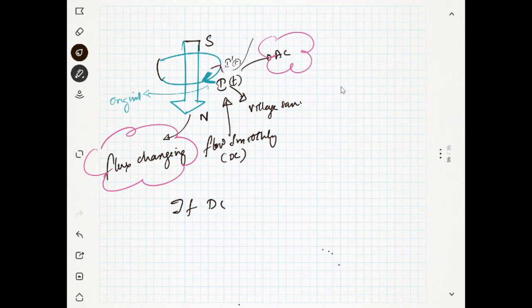So the net current will be i(t) minus i dash(t), right? So the actual current always has somebody to oppose it, and this is known as Lenz's law. You have studied this Lenz's law. Okay,